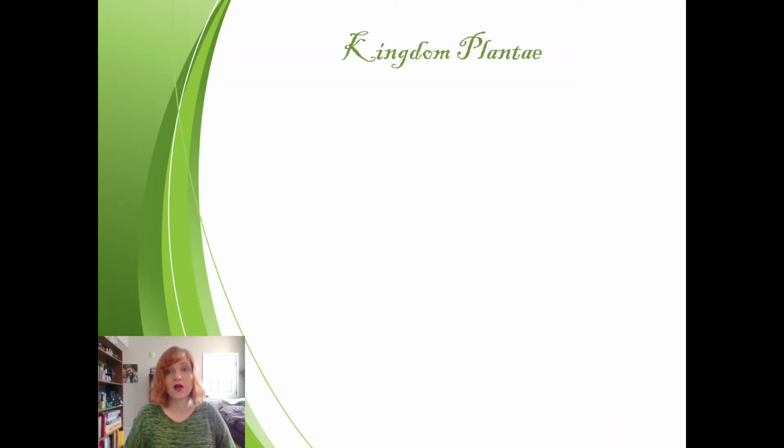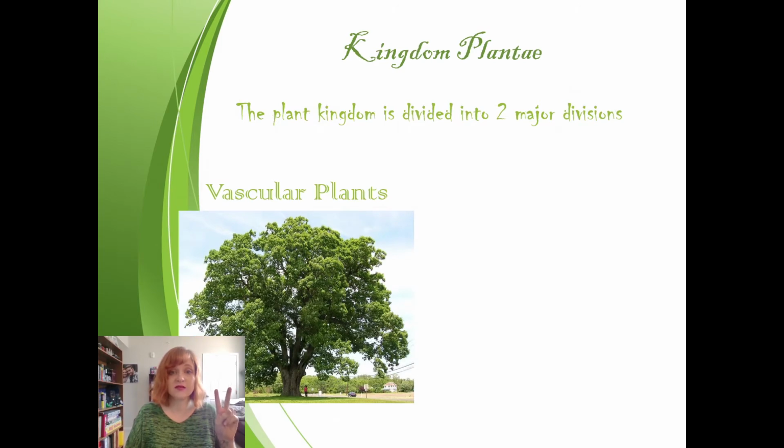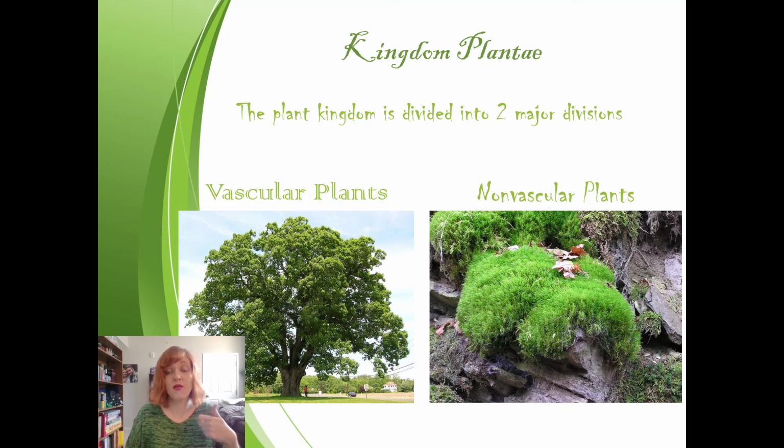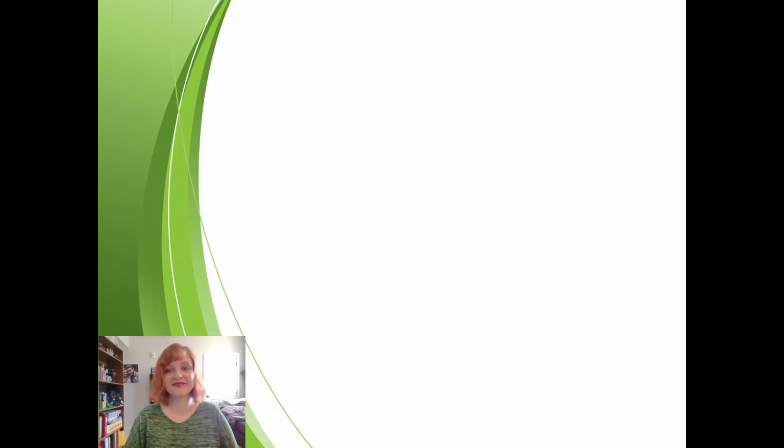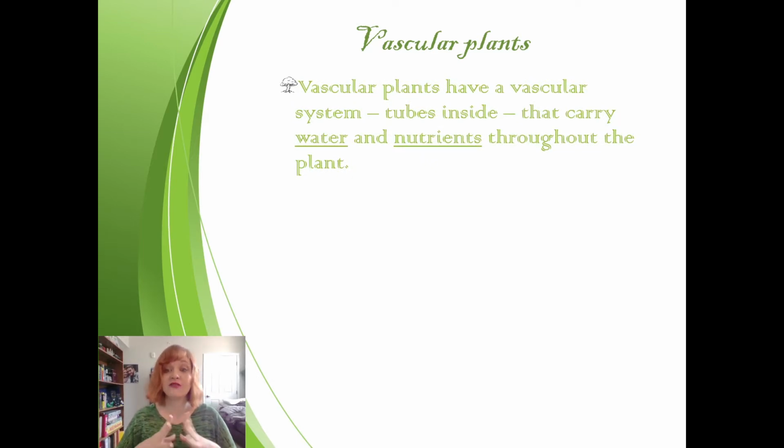Okay, so our plant kingdom, as we said, has two major divisions. We have vascular plants. So a tree would be an example. And we have non-vascular plants like moss. So we're going to talk about our main difference between these two types of plants. So our vascular plants have what we call a vascular system inside them, which are just tubes that carry the water and nutrients throughout